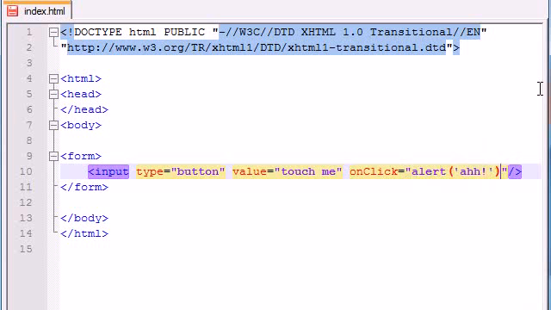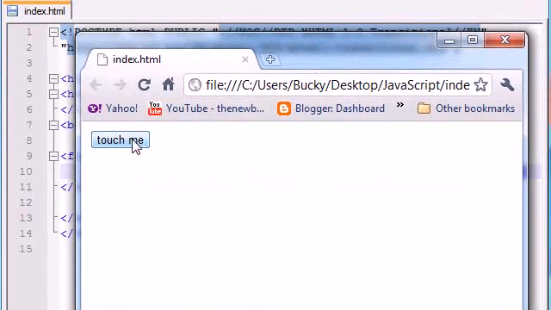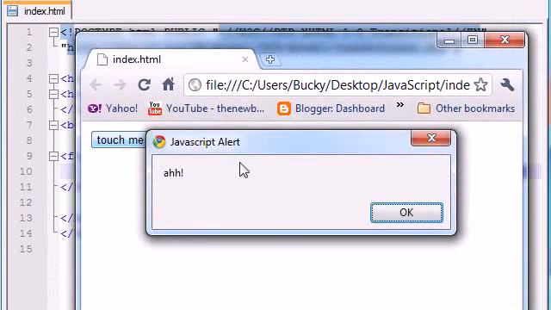stupid. And now, just like in JavaScript, with every statement we have to end it with a semicolon. This lets our browser know that we're done running this bit of JavaScript code. So go ahead and save that, refresh it, and our web page looks the same right now, but in fact it's not the same, because whenever we touch this button, check it out, an alert box pops up that says